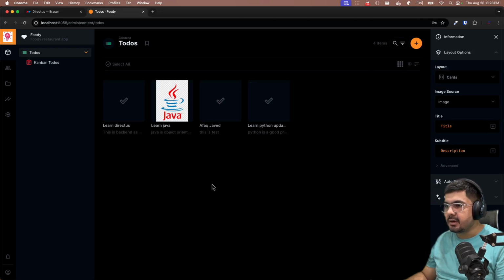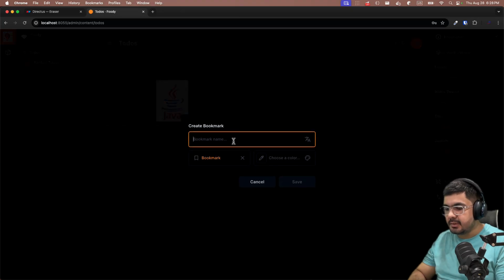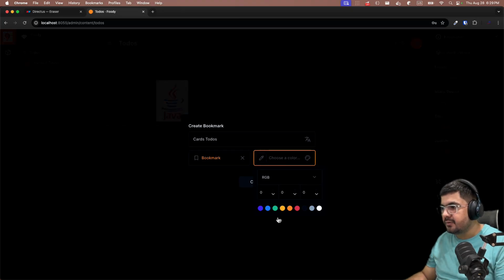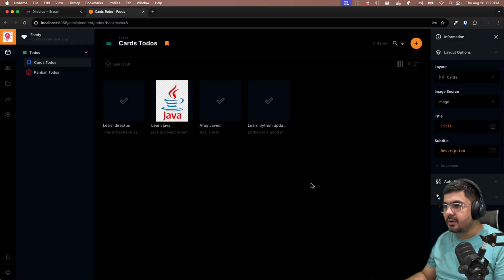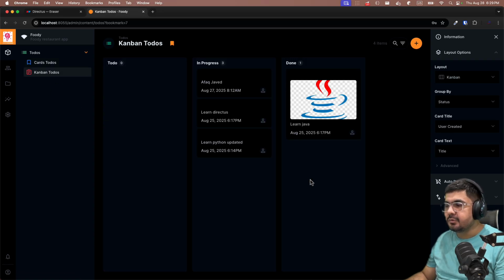And this is our cards layout, right? Which is looking, I would say, not that good, but it's fine for now. So let's save this layout as well. Let's go to bookmarks and let's say this is my cards to-dos, right? And let's save this with a different color. Let's go with blue this time, and let's save this. So this is our cards to-dos and this is our Kanban to-dos. Both have been saved, right? So if you go to cards, this is our cards and this is our Kanban, which is working fine,